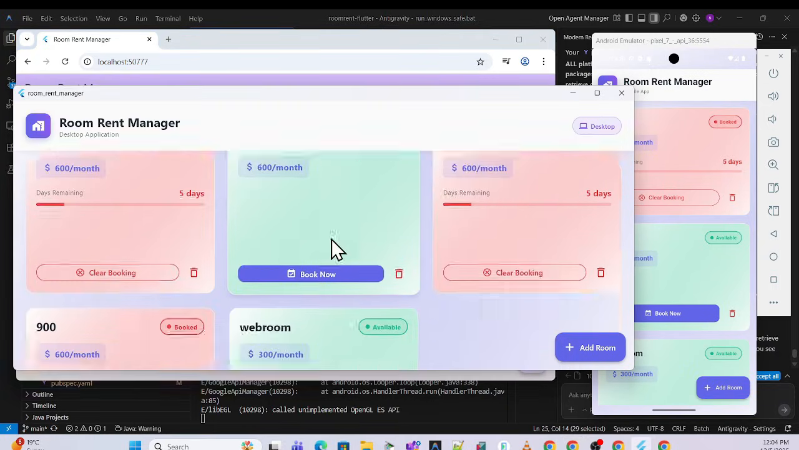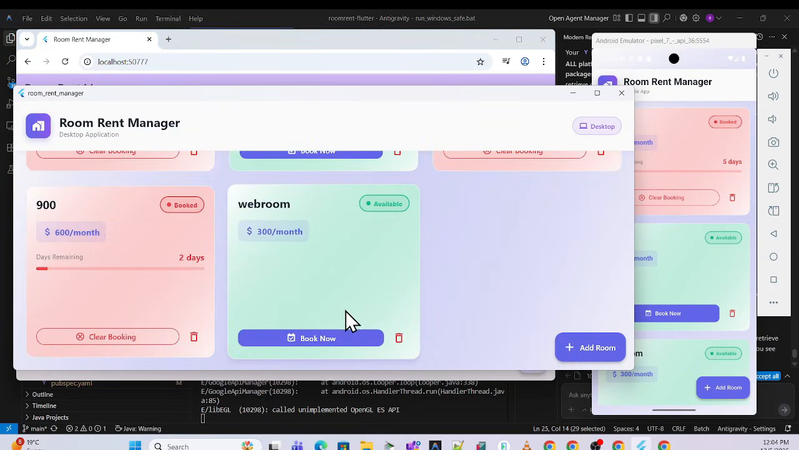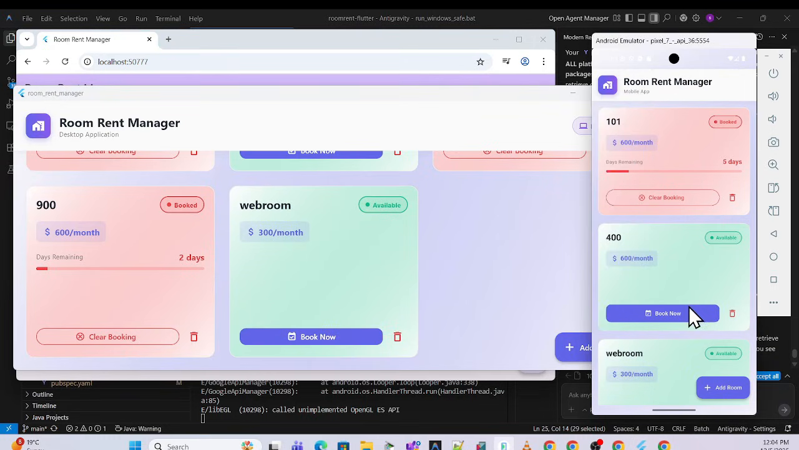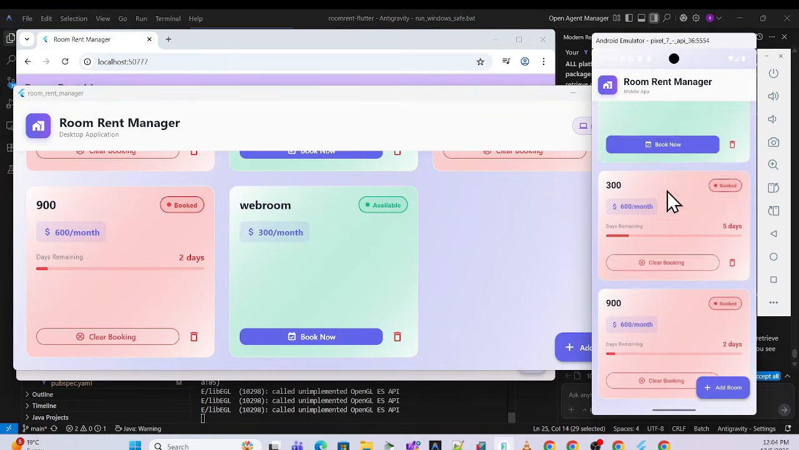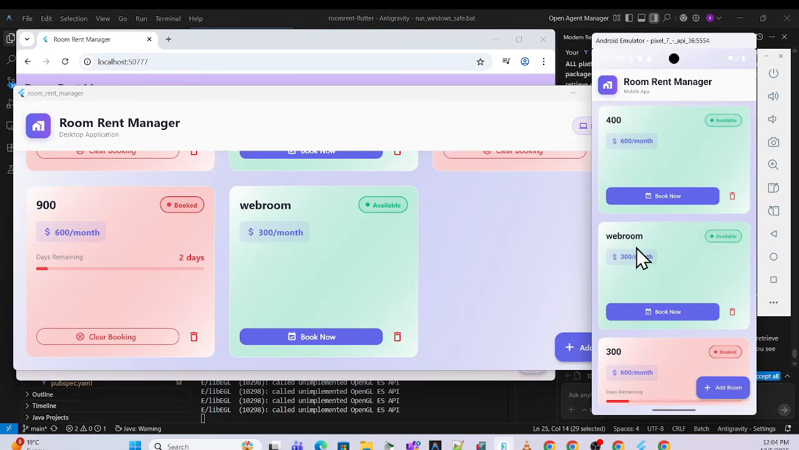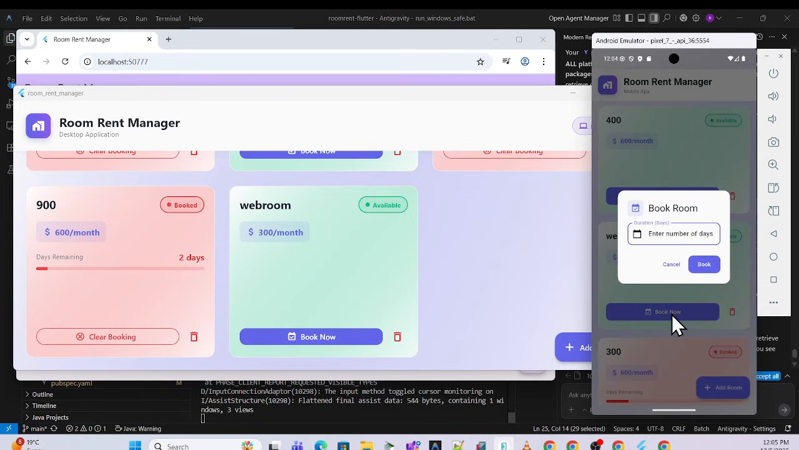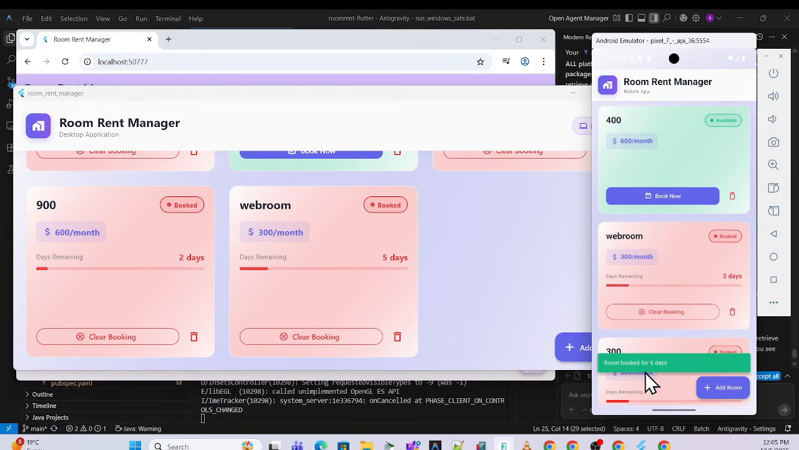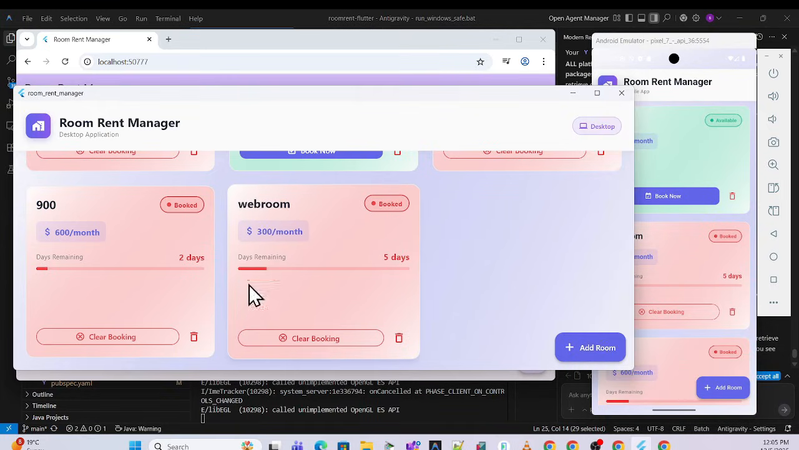Same thing, I can check it over here. See, the web room got created over here. Same thing I can check over here. So where is the web room? Yeah, this is the web room. And if I want to book this room, I can simply book from Android, and how many days. So let me add 6 days, book this room. Now it's booked, with this notification. Same thing I can see